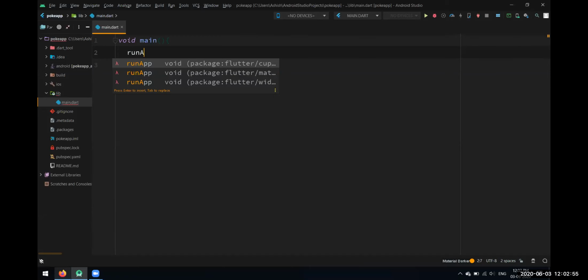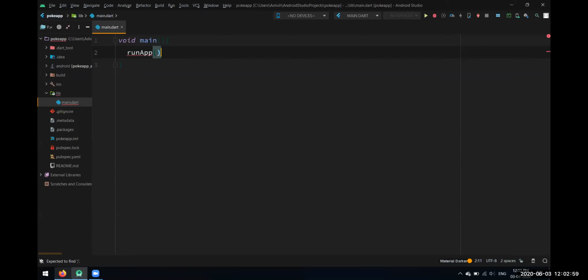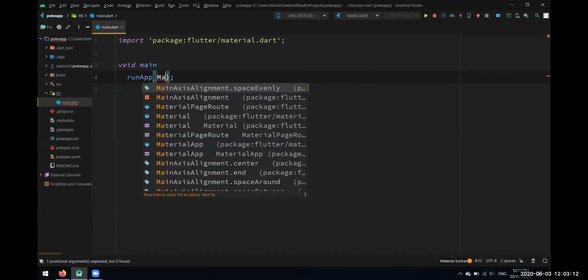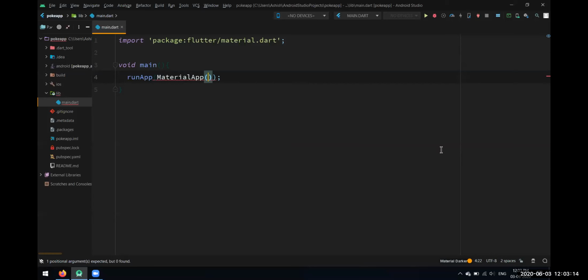We have to use this runApp function, and inside the runApp, we have to import the material package of Dart. Okay, we imported it, and inside this we use this MaterialApp class.